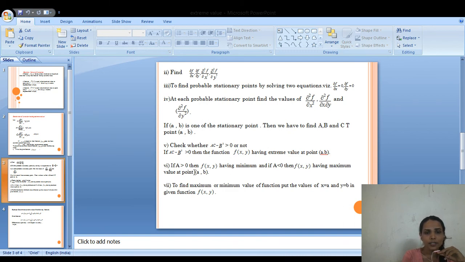That is, if A is greater than 0, then f of xy has a minimum value. It is the easiest condition: if A is greater than 0, then f of xy has a minimum value, and if A is less than 0, then there is a maximum value at that point of this function. Now to find the maximum and minimum value of the function,